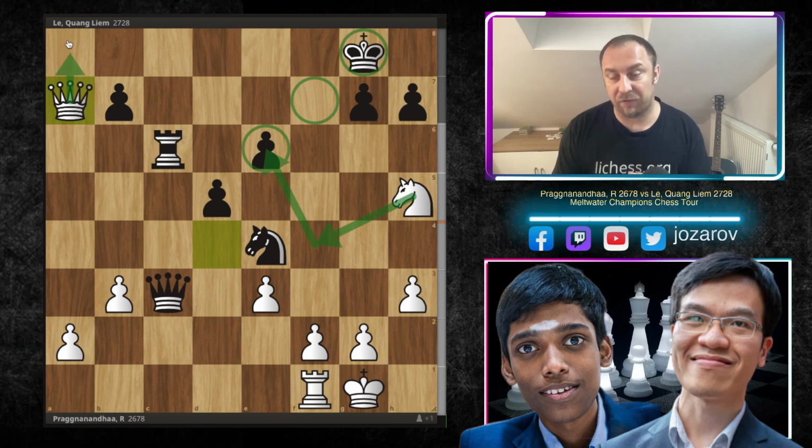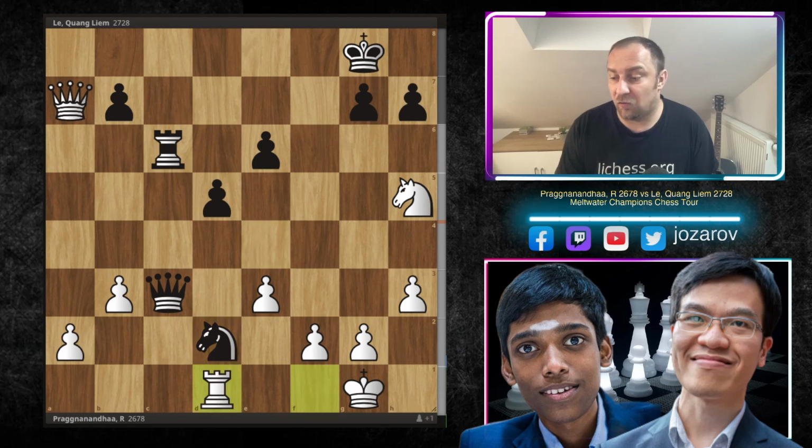You have several backrank problems, and still you didn't protect your pawn on b7. So simply too many weaknesses in Black's position, too many structural and also tactical weaknesses. I think this is simply a lost game already here for Black. In the continuation, we have now knight to d2, attacking the rook, rook to d1, and now Quang Liem played